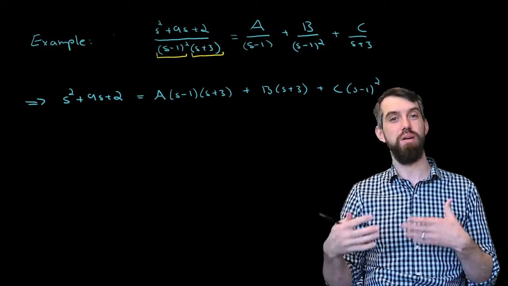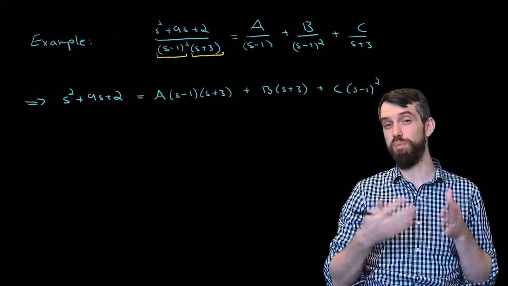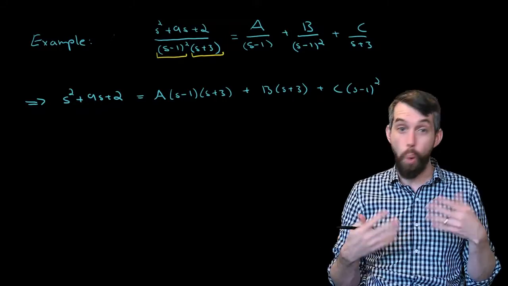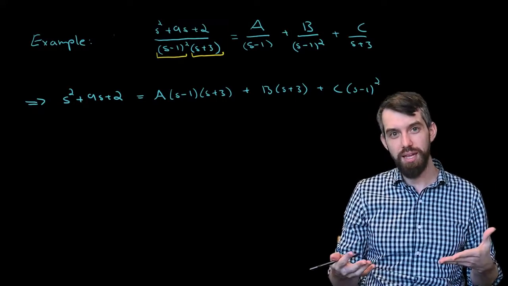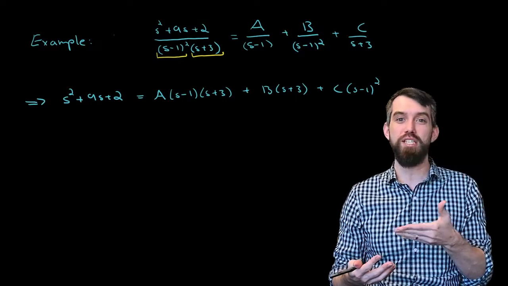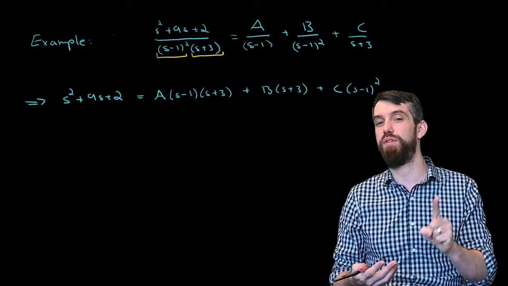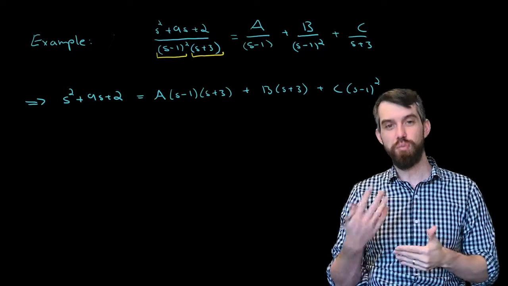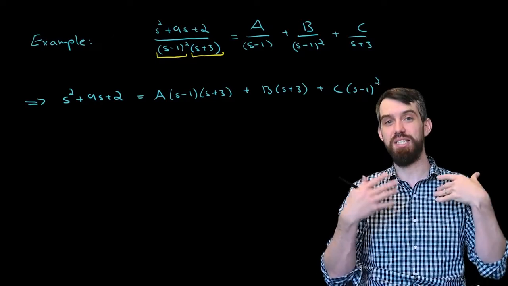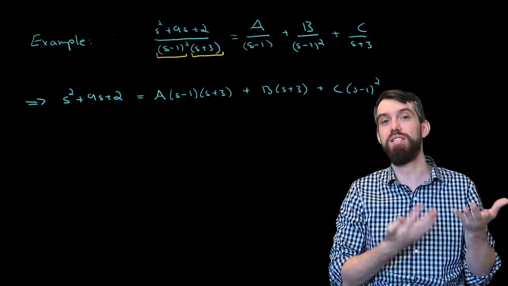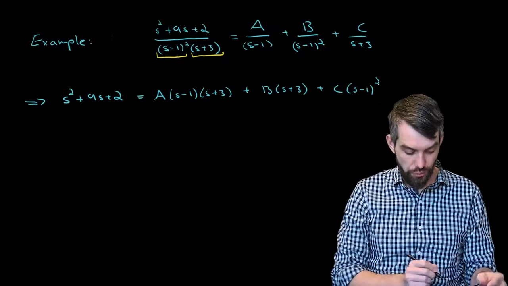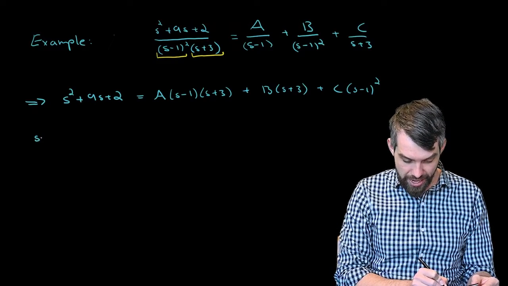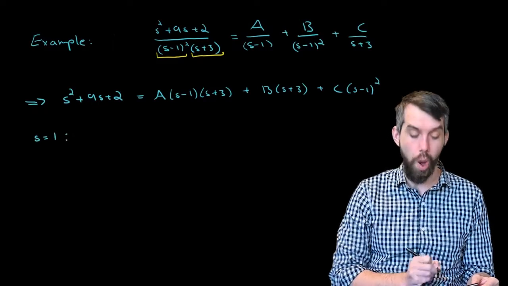Now at this stage in a partial fraction computation, there are usually multiple different ways to approach it. One would be I could try to expand this all out, and then I could write out three different equations, one for the coefficients of 1, one for the coefficients of s, and one for the coefficients of s squared. The other approach that I can take is just plugging in some special values of s, and that's going to simplify things considerably. So for example, if I come here and plug in s equal to the value of 1,